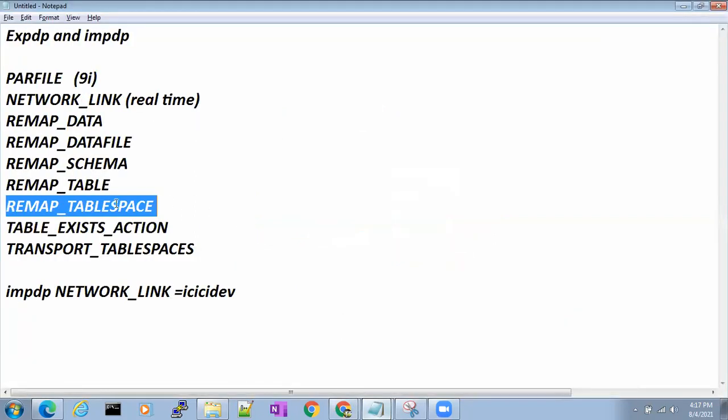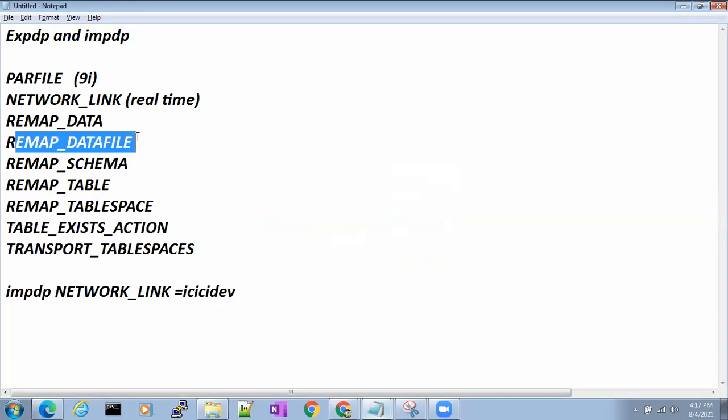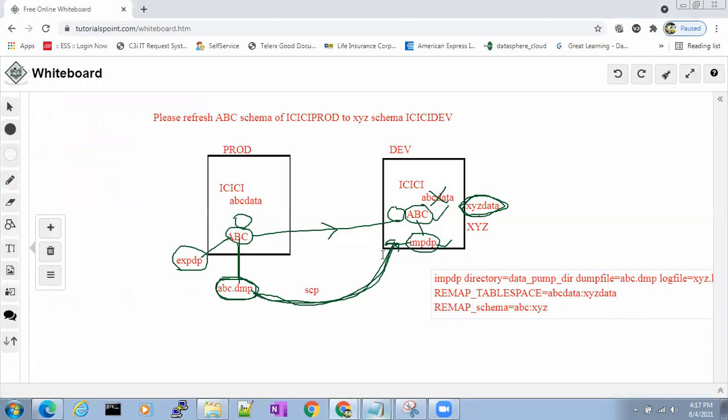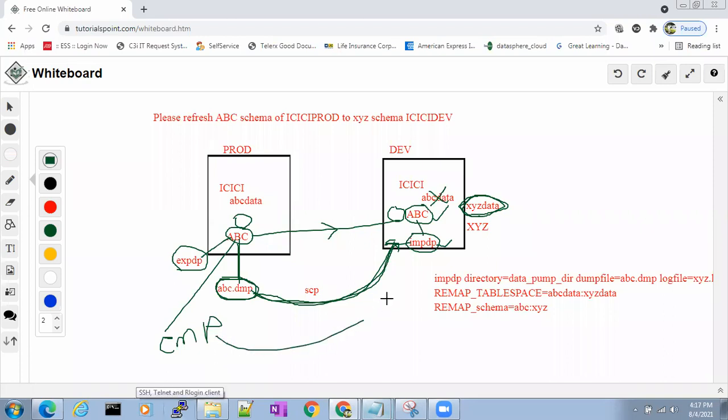Now, the same goes with data file. Same goes with table also. Now, for example, we'll take the table option. You want only the employee table of ABC user. Listen carefully. You want only the employee table of ABC user to be imported to XYZ user.